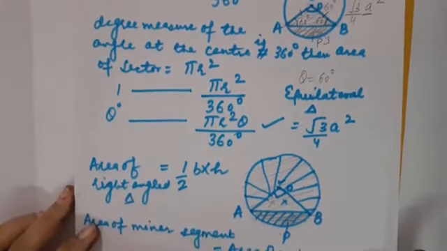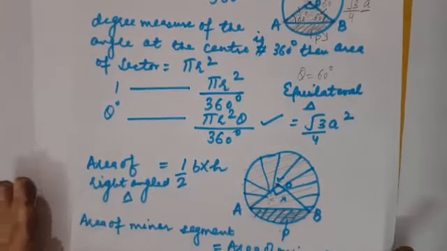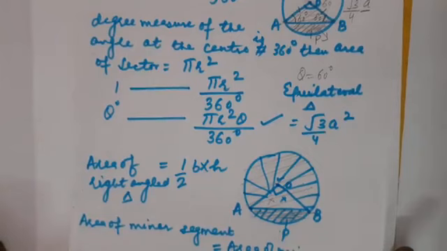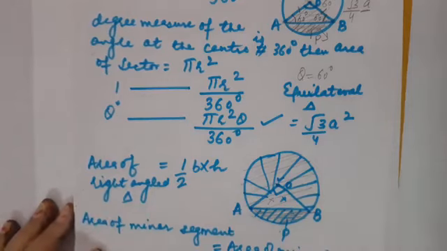Children, question number 1 and 2 are just similar to each other. Only in one question circumference is used and in the second question area is used. So I am going to take question number 2. Fine. So please listen to the statement carefully and you should carry your NCERT book along with you now.